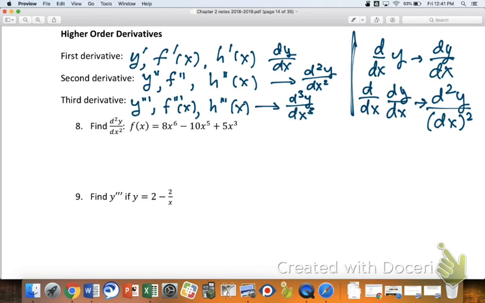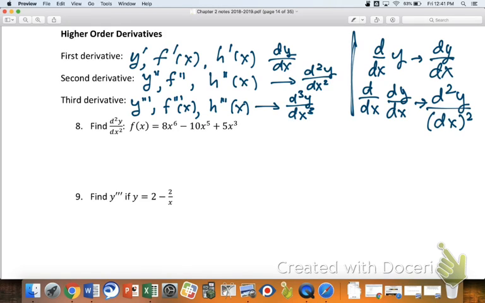Every now and then, think about this. I might give you the first derivative. I might say, hey, here's f prime. Find f double prime. Think about that. How many times would you actually do the derivative? Once. See what I'm saying? You've got to pay close attention to what you're given and what you're expected to find, because it'll make a